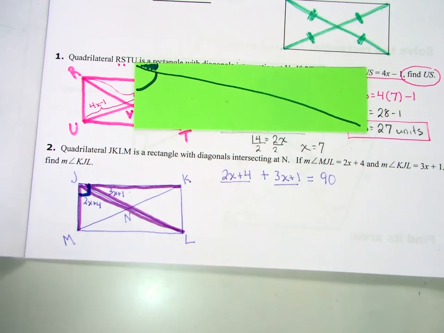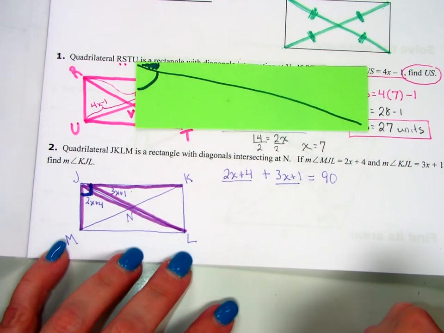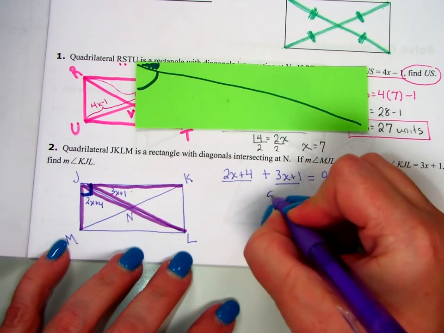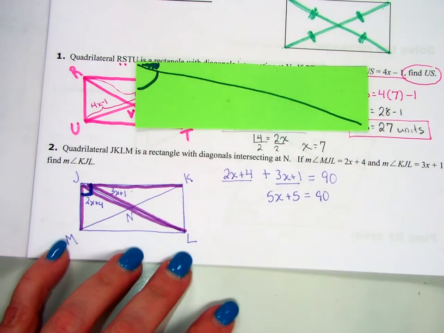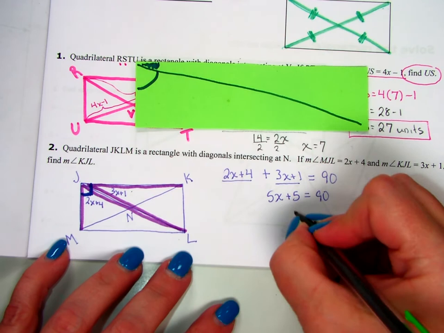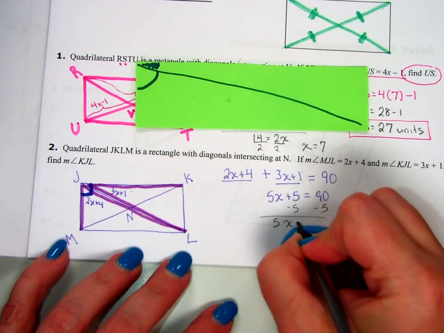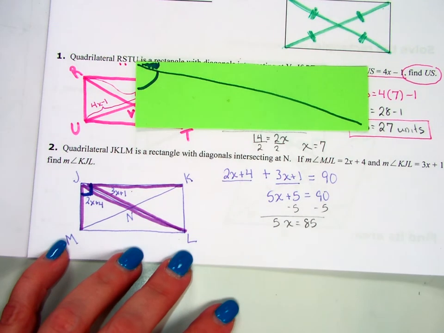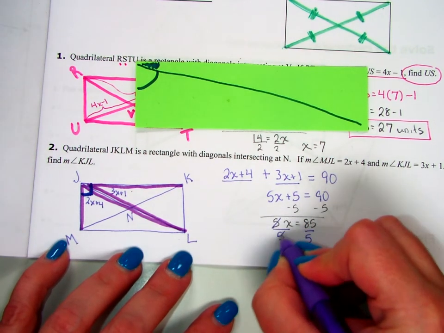But in most rectangles, they're not going to equal each other. Okay? How many x's do I have when I combine my like terms? 5. How many constants? Also 5. What do I do next? Subtract 5. 5x equals 85. Then divide by 5. And x equals